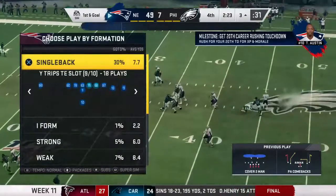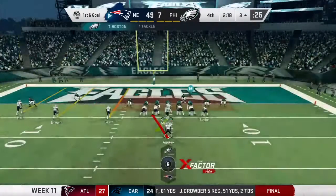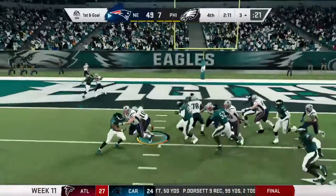Boy, another big play late here for an offense, Charles, that certainly has had its fair share of big plays. Coverage has been a problem all game long, and I would say that going along with that has been confidence. Because even if they had the right coverage, they've still...